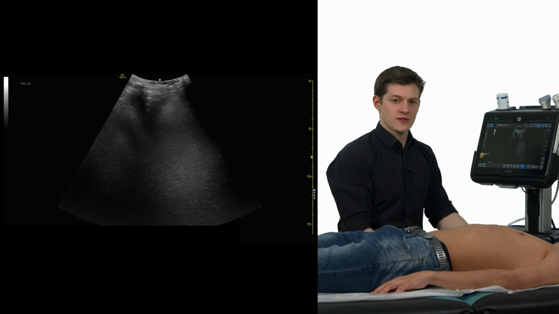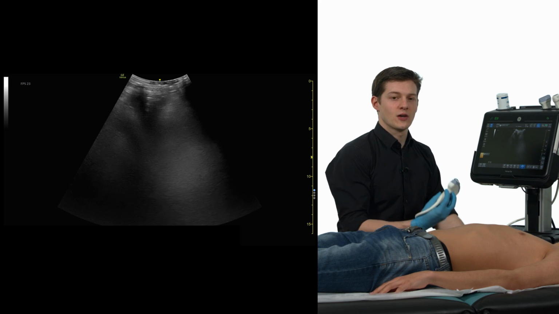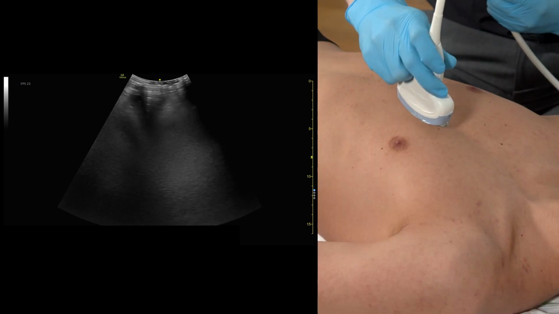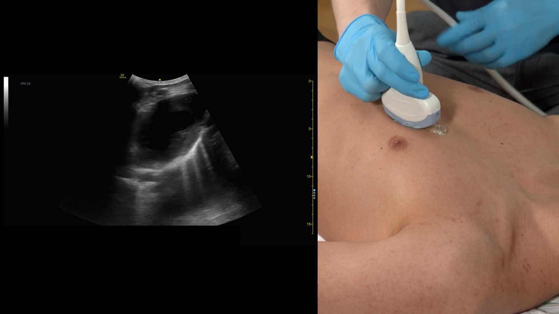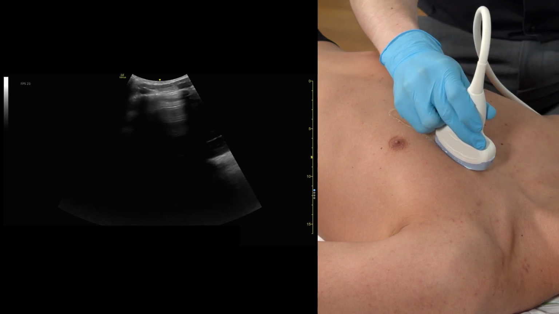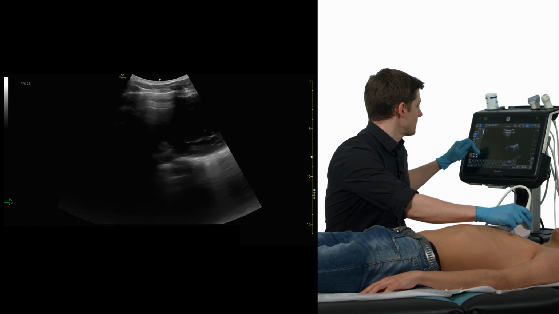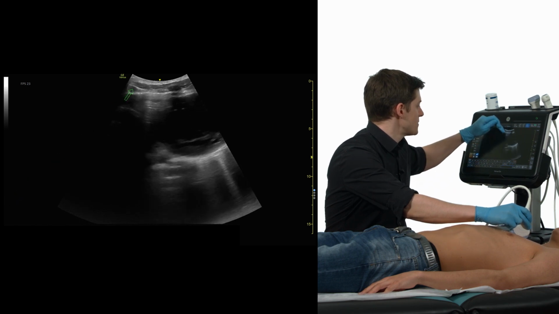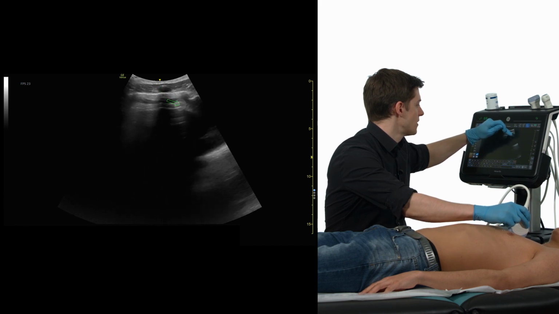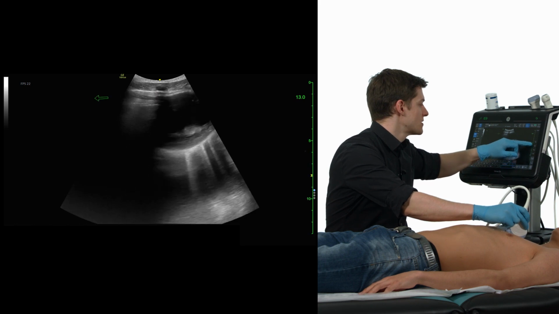If you are using ultrasound to evaluate if the patient has a pneumothorax, you can use either a convex probe or a linear probe, and you place the transducer on the highest point of the thorax, marker pointing cranially, and then we look for two ribs, so rib and rib shadow, rib and rib shadow. Here you see the heart on the left side, and we don't need that much depth, so